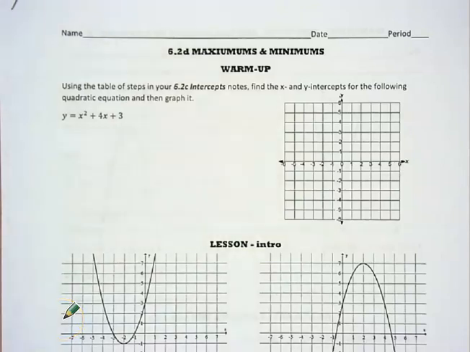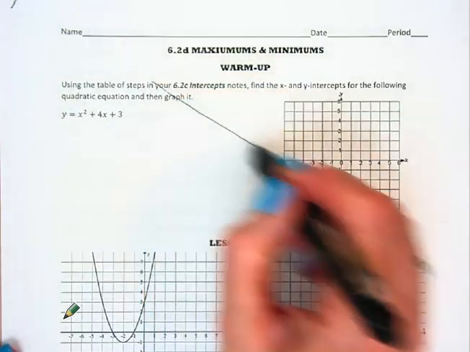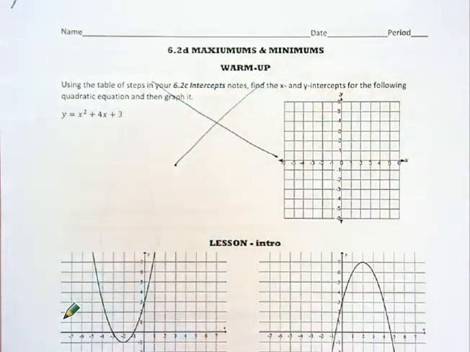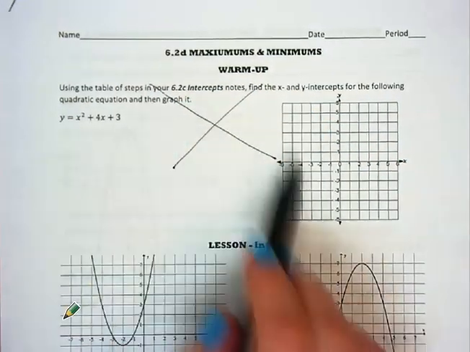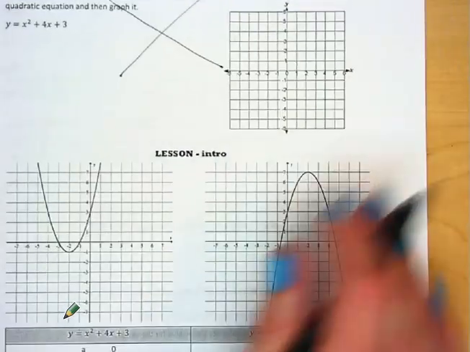All right, here is our video lesson for 6.2D maximums and minimums. The warm-up was just over the previous lesson, so we're going to skip that one for the video. We did that one in class. It was over our intercepts lesson. All right, so